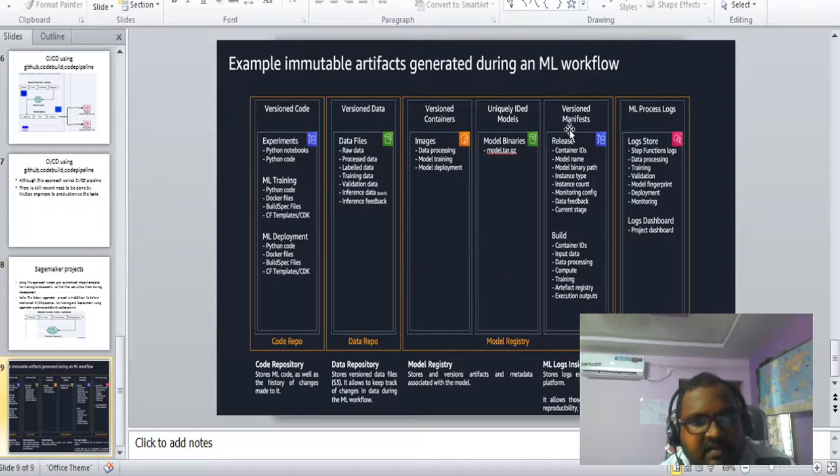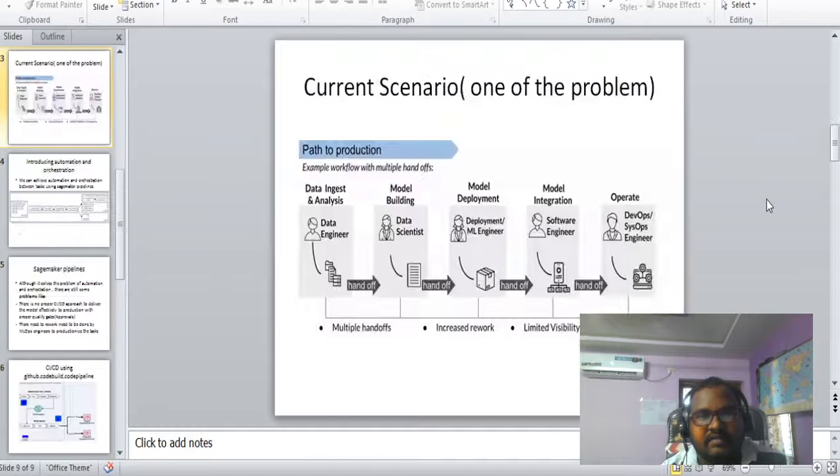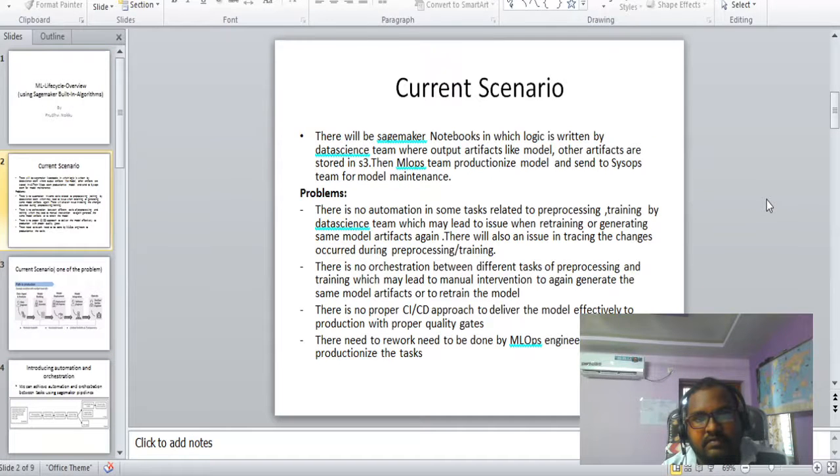So this is the ideal ML workflow which every industry wants to achieve. There should be versioned code and versioned data, and there should be a model repository where versioned containers and versioned manifests are present, and there should be versioned logs also, I mean maintenance of logs. So this is the ML lifecycle overview. The current scenario is notebooks with no proper automation or orchestration.